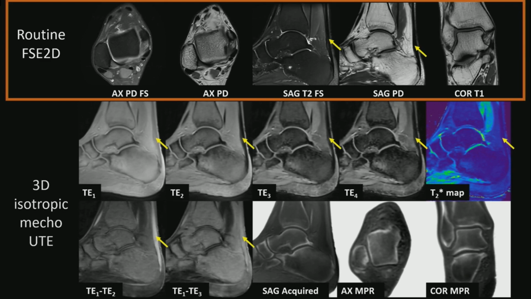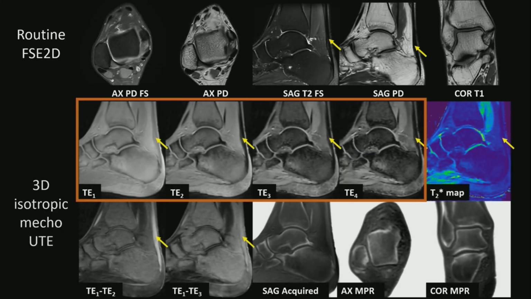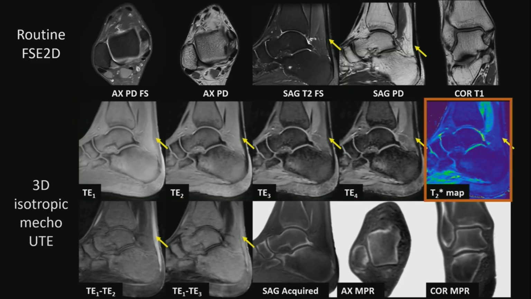FSE 2D provides conventional and excellent soft tissue contrast. Multiple echo UTE provides additional and complementary information for MSK imaging. For example, raw TE images provide T2 star weighting, which is important and sensitive to blood-related products. Multiple echo allows T2 star quantification. For example, in this case, it can produce a T2 star map and T2 star for tendon as pointed by